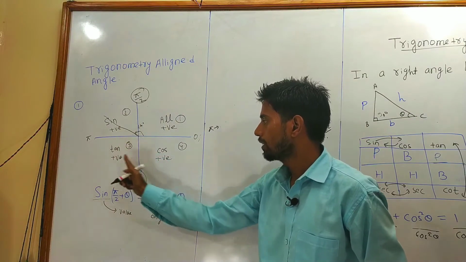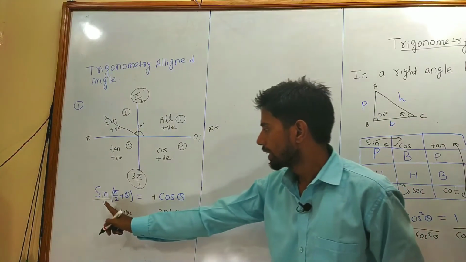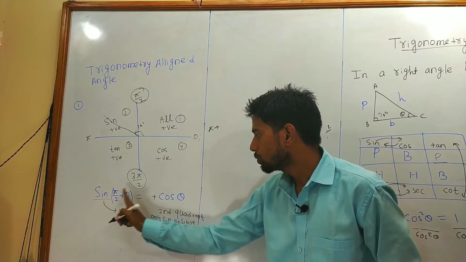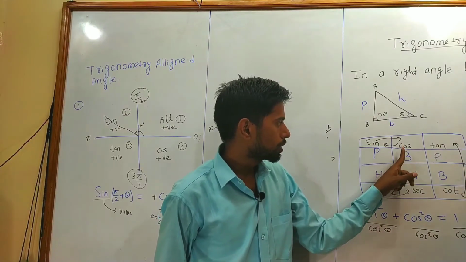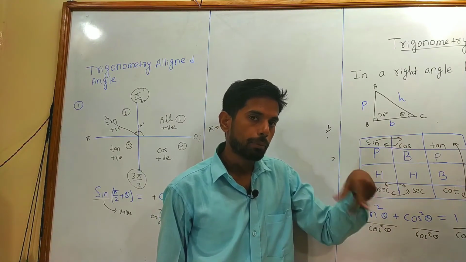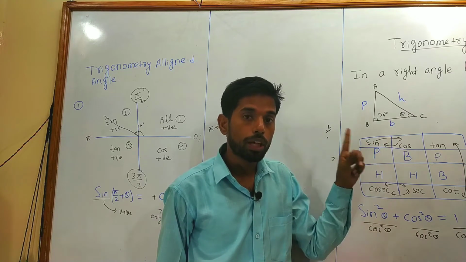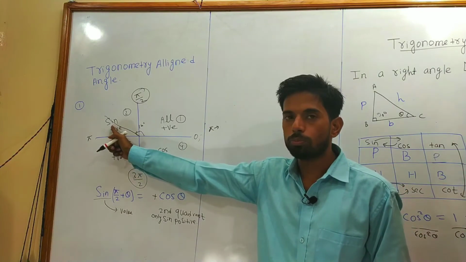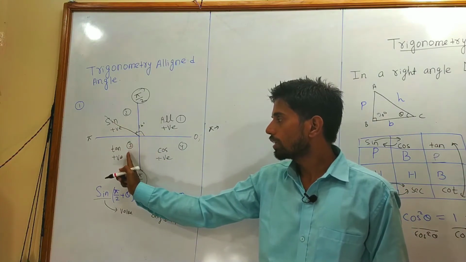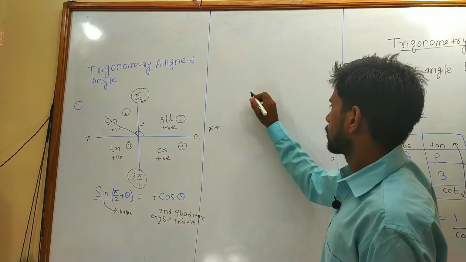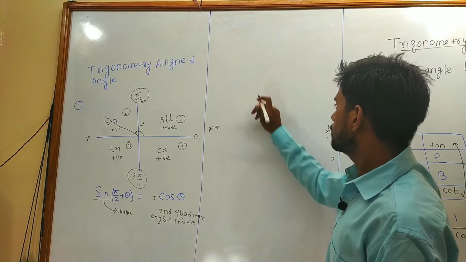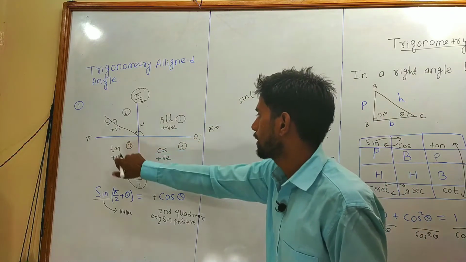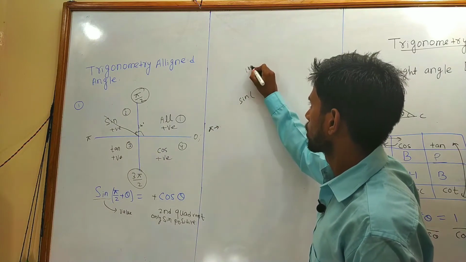All sin, tan, cos. Okay? That is sin 90 plus theta gives cos, in 90 sin will change to cos, cos will change to sin. That is cos 90 plus theta is sin theta. But we have to check whether it is positive or negative. If it lies in the second quadrant, then only sin value is positive. If it lies in the third quadrant, suppose I am asking you what is the value of sin 180 plus 45, that is 180 plus 45 is how much?